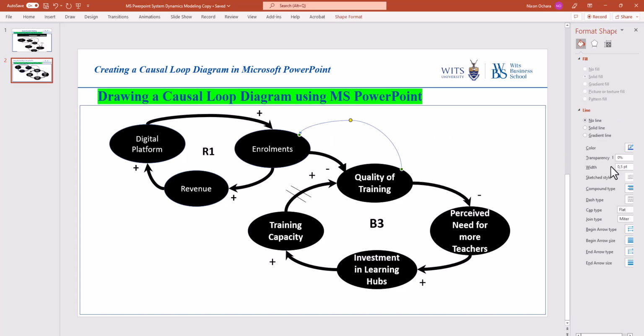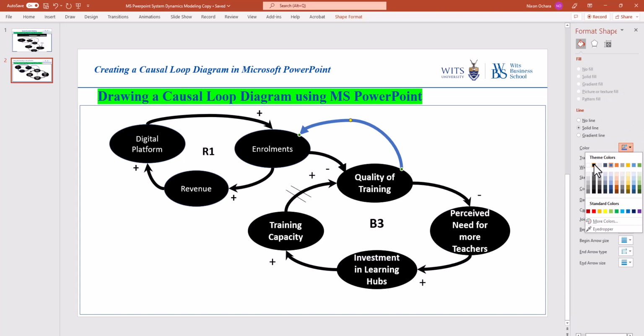Again, we can change its properties. We know that this is 6 points, and we want it to be a darker color, similar to the others. And